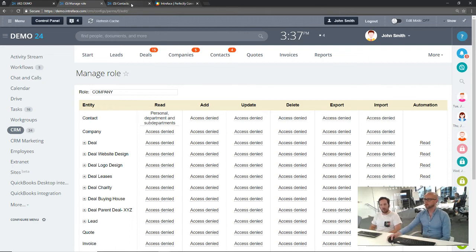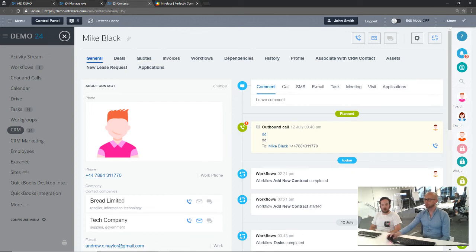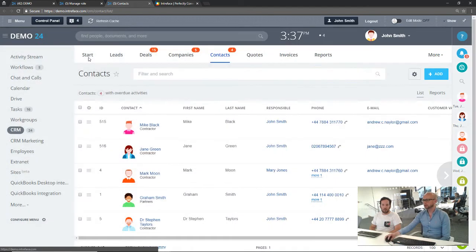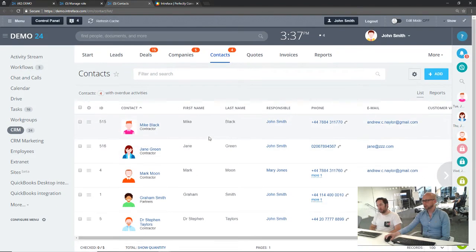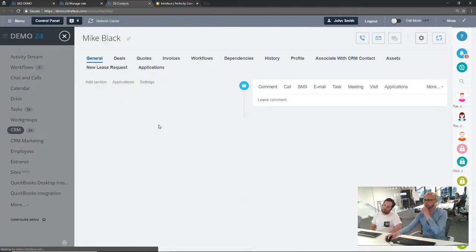Yeah, absolutely, and that covers the permissions off. So if I went into my contacts list, you can see I've got 5 contacts here. There might be 100 contacts in the system, but I only see the contacts in my list that I'm able to see. So it does segment it. The only thing you can't do with that is